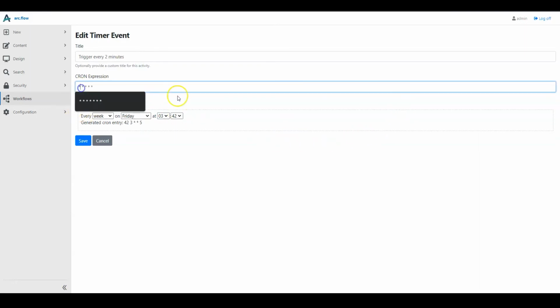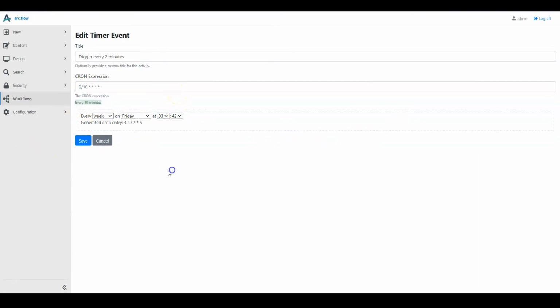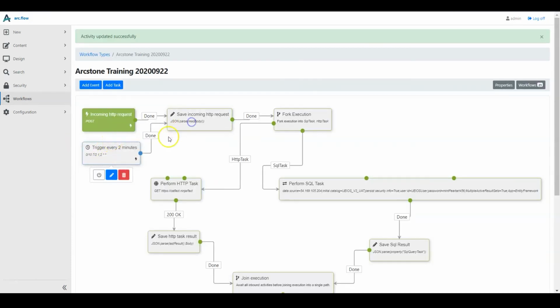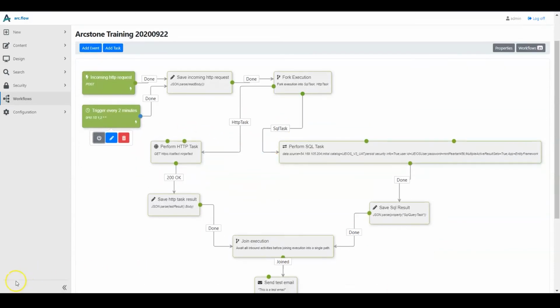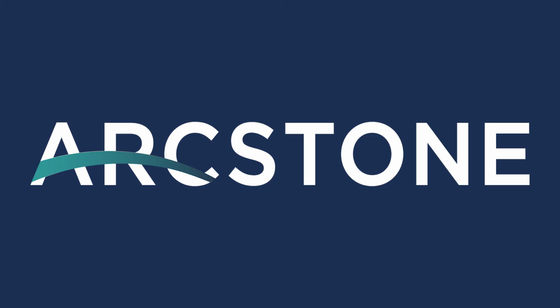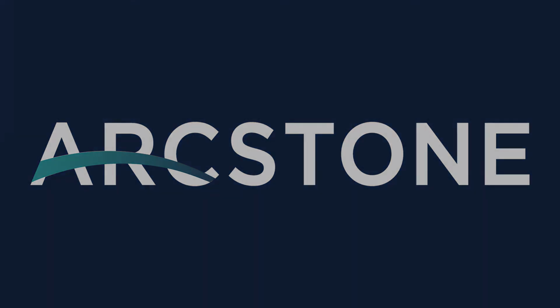Up until this point, I have shown you how arc.flow can be triggered and data can be passed into it to perform several tasks. In the last flow here, I will show you a rather more complex flow to showcase how we can perform our own data querying as well. So this flow has the same triggering point, which is an incoming POST HTTP request. But as the request is coming in, I'm forking it into two different execution branches. In the first branch here, I'm making a call to a random URL to get data. And this is actually just